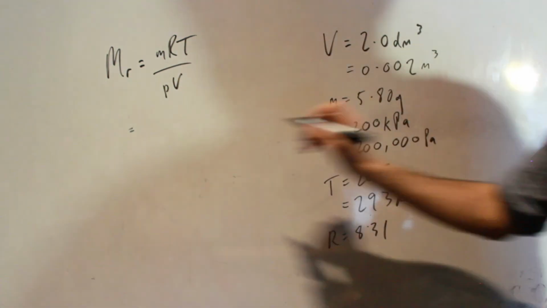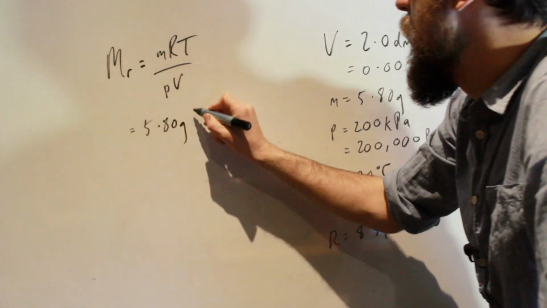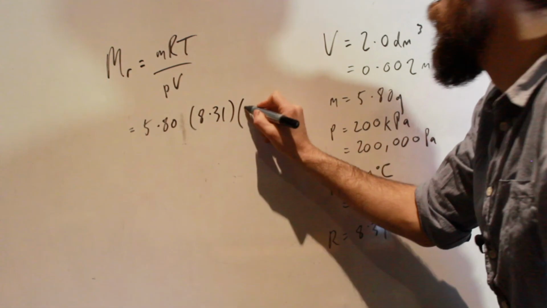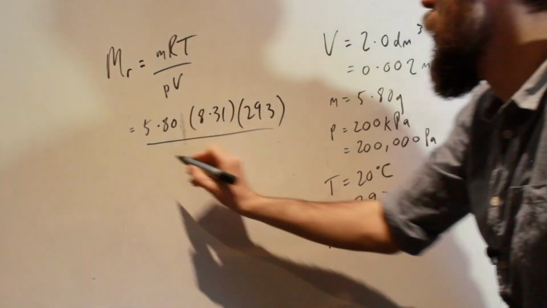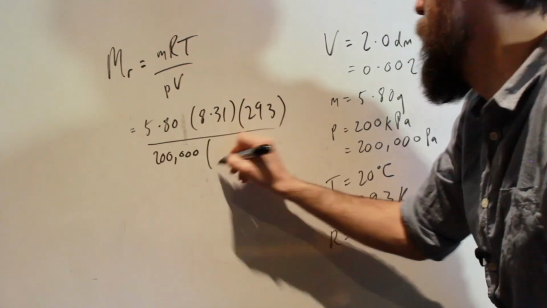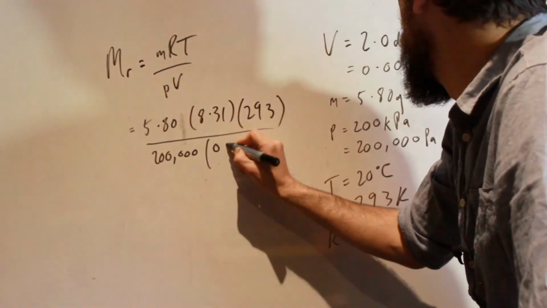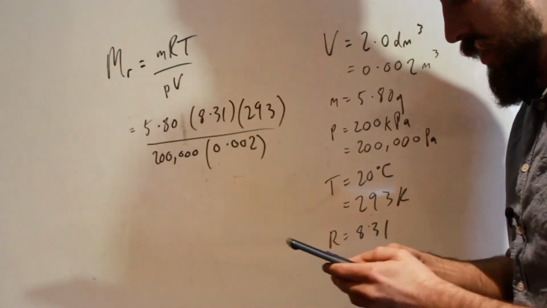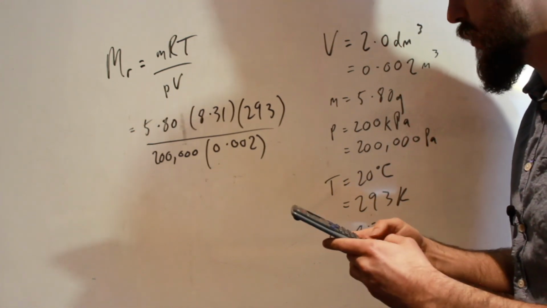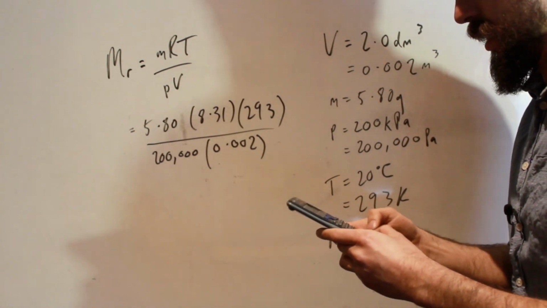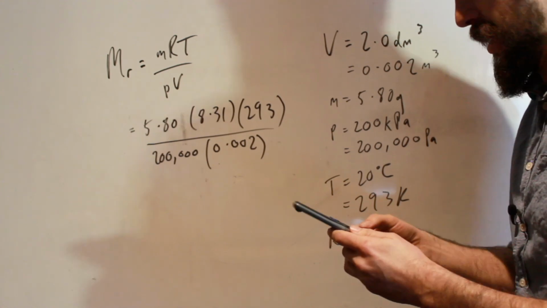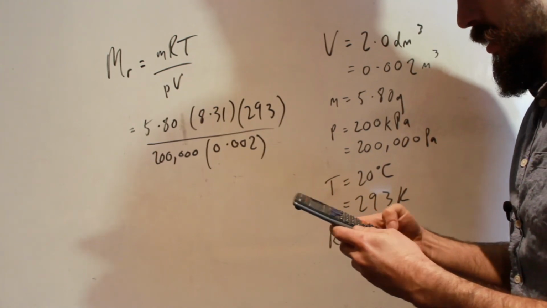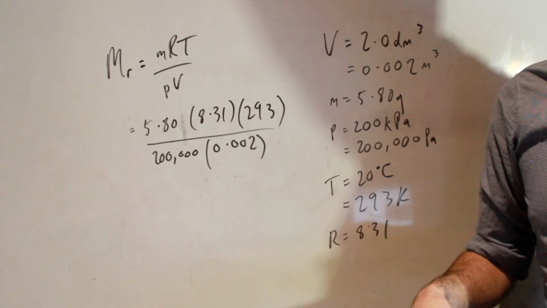Our mass was 5.80 grams. Our R, I won't put units in it, that'll just get confusing, 8.31, our T, 293, our P, 200,000, and our V was 0.002. Get old faithful, old mate calculator, plug all this in, 5.80 times 8.31 times 293, like that. And then we've got to divide that by 200,000 multiplied by 0.002, which should give us an answer of